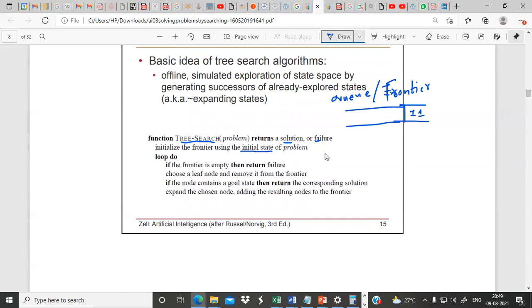For example, when you take the Arad Bucharest problem, Arad is here, another city is somewhere here, another city is here, Bucharest is here. Different cities are here. The tree or the graph or whatever it may be, we know the full graph. Then leaf node means we are talking about what? Actually, here